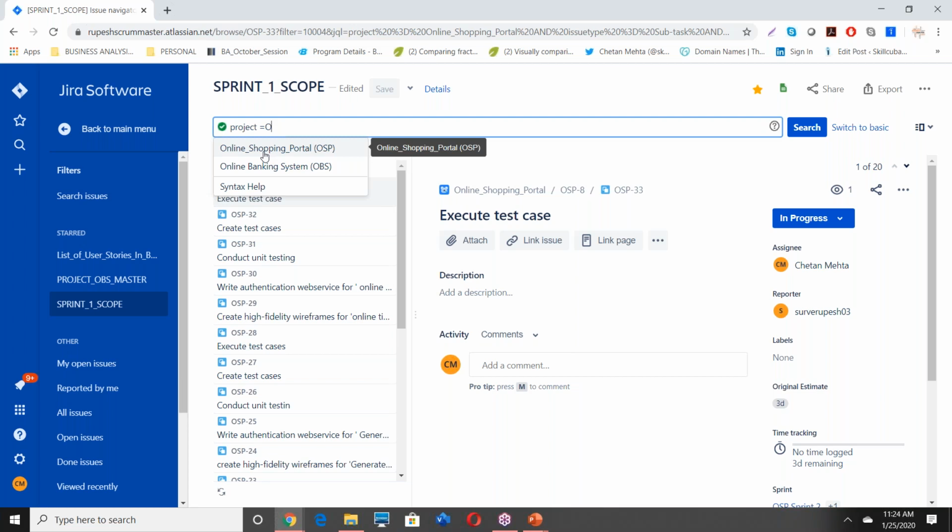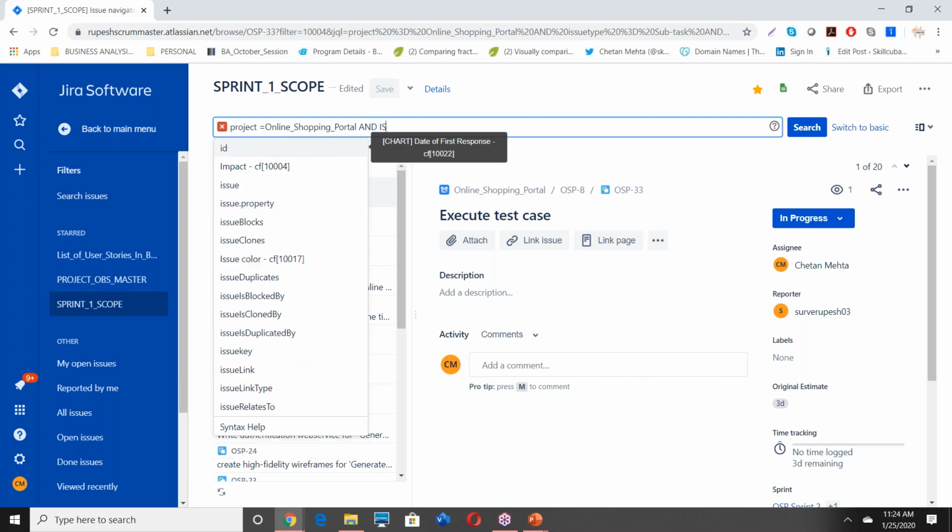It will populate the data. So I want information from online shopping portal. And then you have to say and issue type. Every single item, PBI item, is called an issue in Jira.